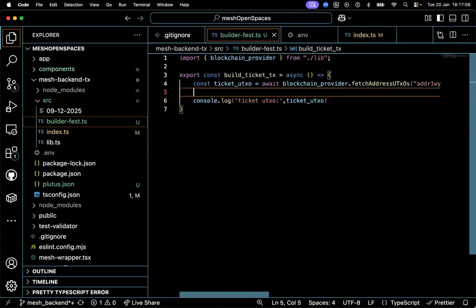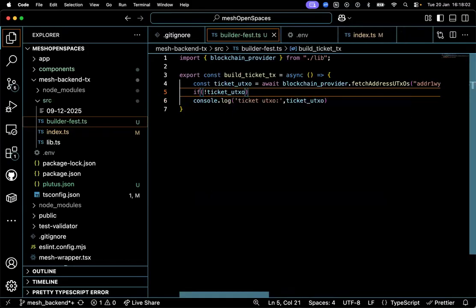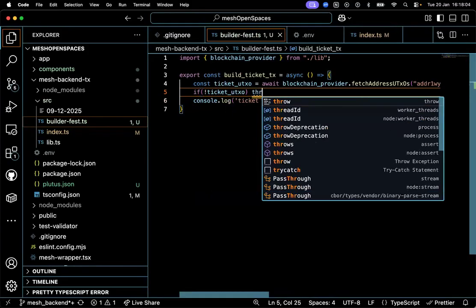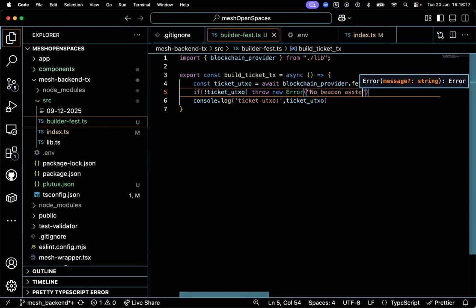Let me say if not UTXO. No ticket counter UTXO. Yeah, no beacon assets found.